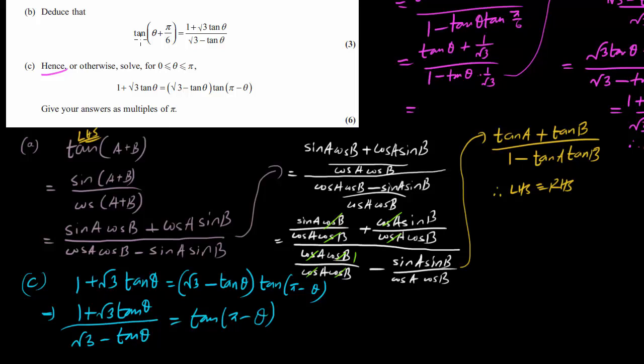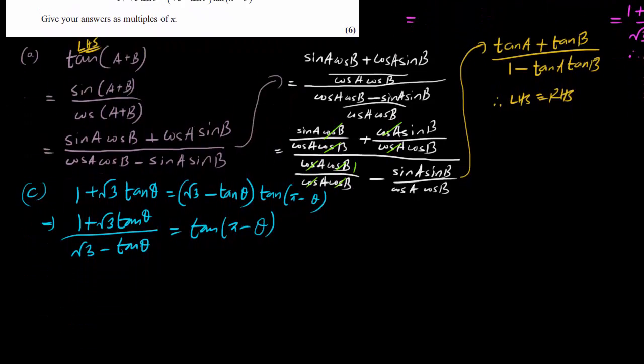Now if you take a look at this, it's just from part B, where we know that this portion, 1 plus square root of 3 tan theta divided by square root of 3 minus tan theta, is the same as tan of theta plus pi by 6. So instead of this, let's write therefore tan of theta plus pi by 6 equals tan